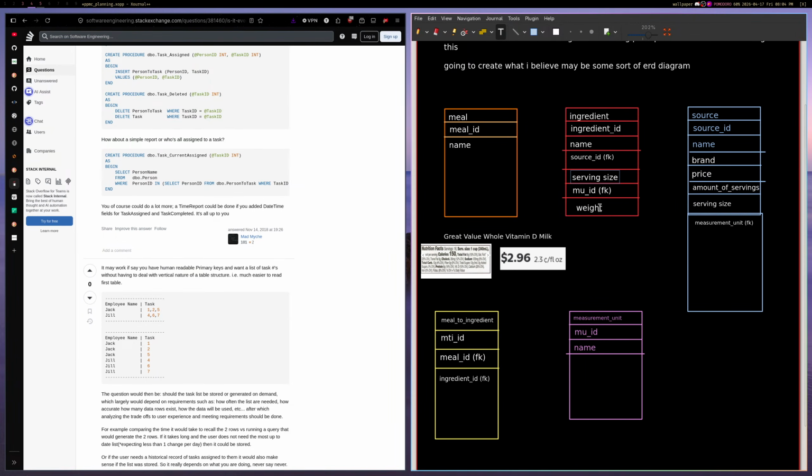So weight, right? Say they entered 50 grams, like 50, and the measurement unit ID is grams. We'll do 50 of that. Or serving size, we'll disregard the measurement unit. We'll do one serving size. The measurement unit is, say, gram. I did 50 as my serving size, and then you choose the measurement unit ID. So maybe we get a weight, and then